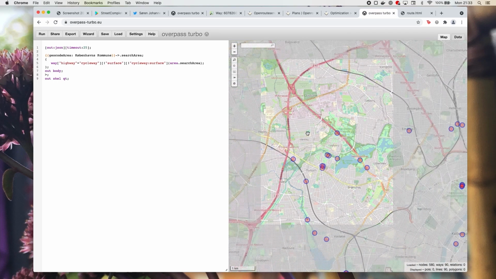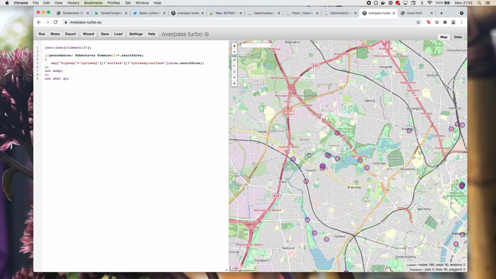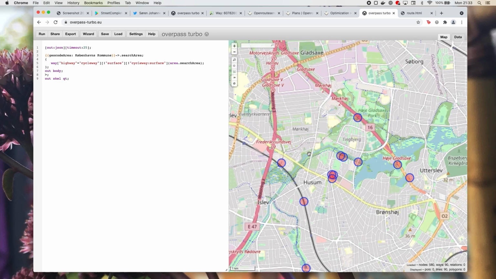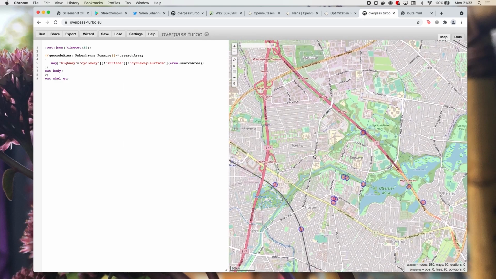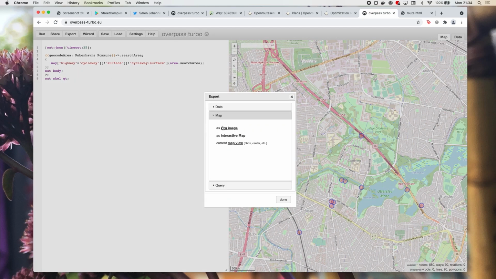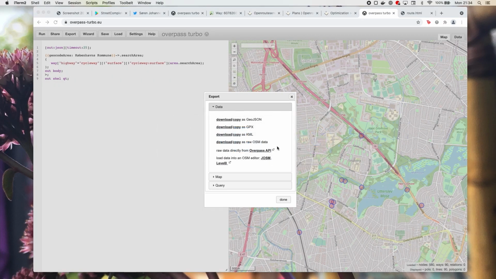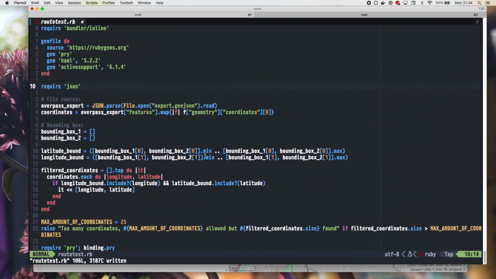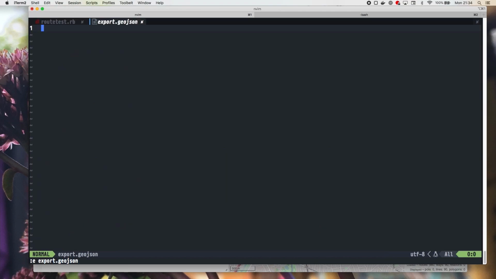So if we go into this, we can try and go through the script that I've built. If I just focus on a subsection, so I would just focus on these nodes here, I can go up here and press export, and I can take the data out, and I can copy it as GeoJSON. And then I can open it up in my editor. Where's my editor? There it is. And I want to call my file export.geojson. There we go. So I'll take the whole file here.